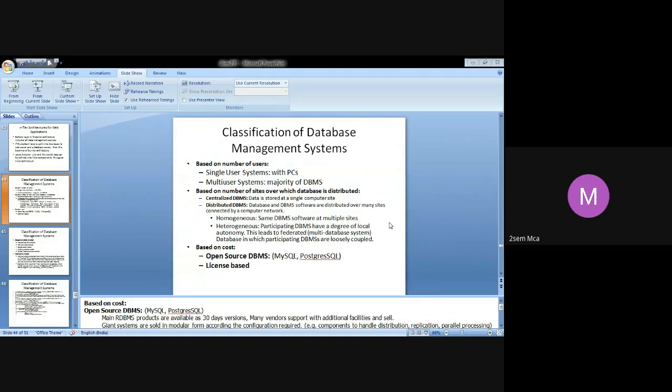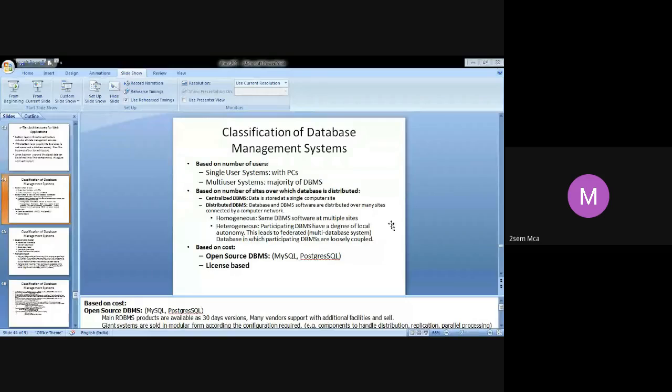The first is the data model on which the DBMS is based. For example, the main data models used in current commercial DBMS, meaning Oracle kind of DBMS. You can have a relational data model, or an object data model, or applications which still run on database systems based on hierarchical and network data models. So based on data models, I can try to classify the DBMS.